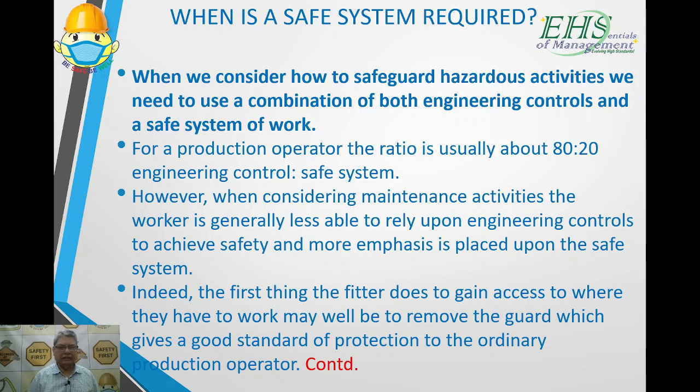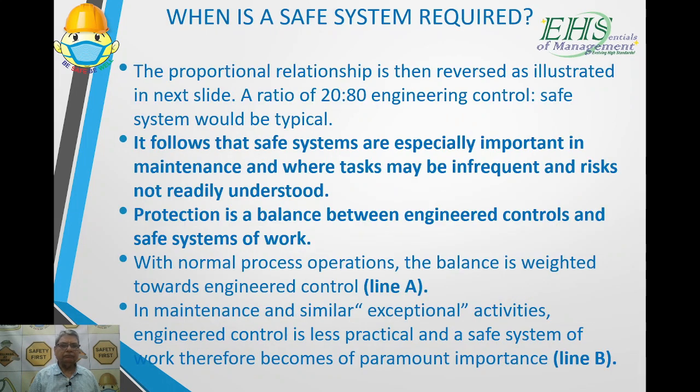So try to understand the difference between a routine operation and a non-routine operation. The proportional relationship is reversed as illustrated in next slide. A ratio of 20-80 engineering control, safe system would be typical, means where you are doing non-routine operation and where the regular controls, engineering controls are only reliable up to 20% and 80% you have to rely on the safe system of work. It follows that safe systems are especially important in maintenance and where tasks may be infrequent and